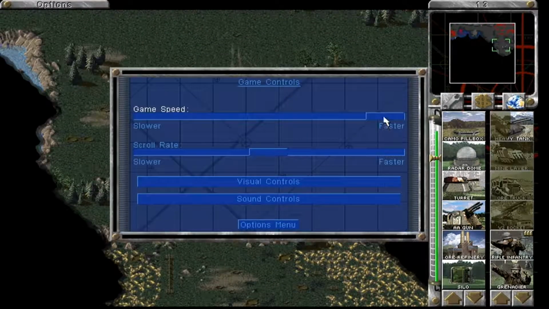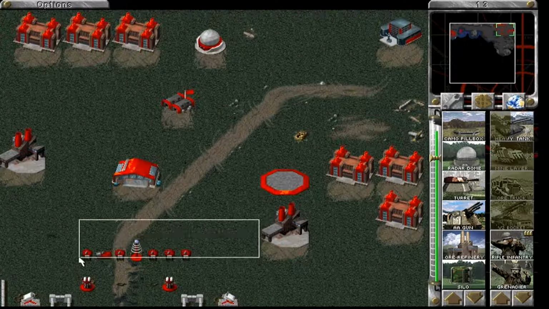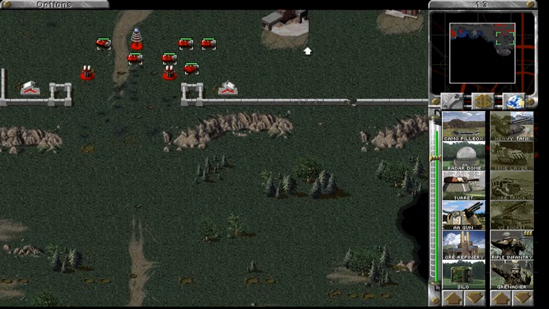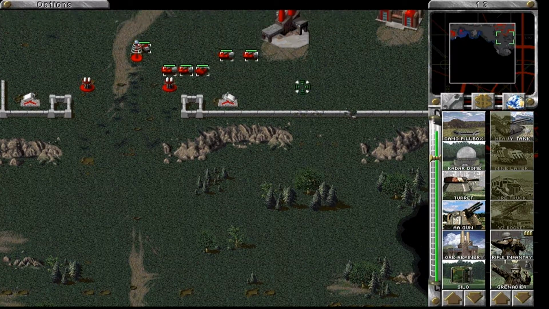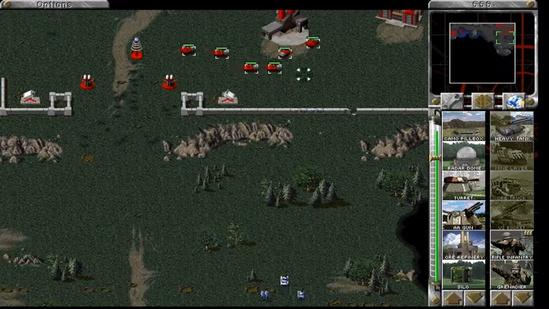Oops. There we go. They're saying more guys. And in case they decide to come up over here on the side, we're going to have my Tesla tanks meet them. Yep, he's going to try it again, so...